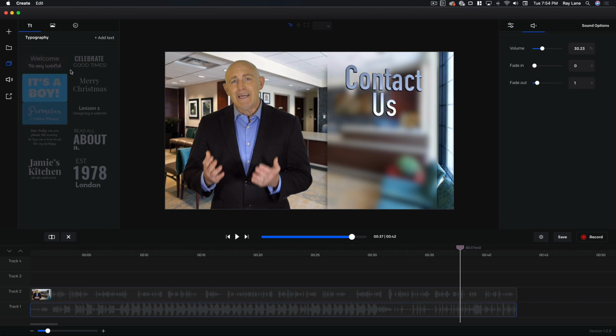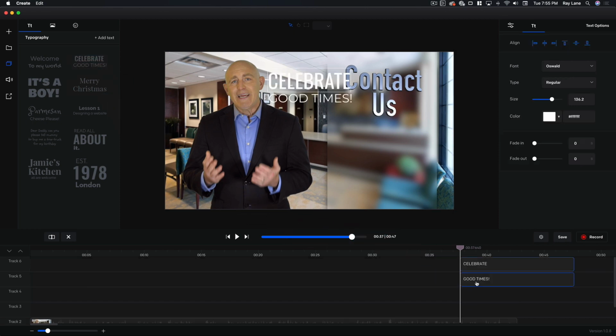And we can do one of a couple of things. We could choose one of the presets here, or we can hit the add text button, which we did before, which will just bring in a block of text. And I kind of like this one right here. So we're going to bring that into this here. I'm going to drop it in. And by the way, if it moves it into a certain